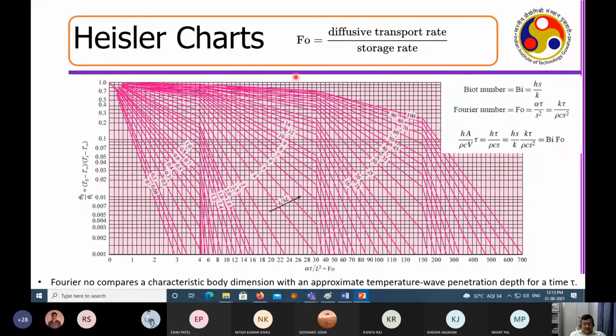Whenever you are doing calculations, you don't solve the equation again and come up with a number; you preserve the chart, and from there you find out, if this is the Fourier number and this is the Biot number, then what will be the temperature